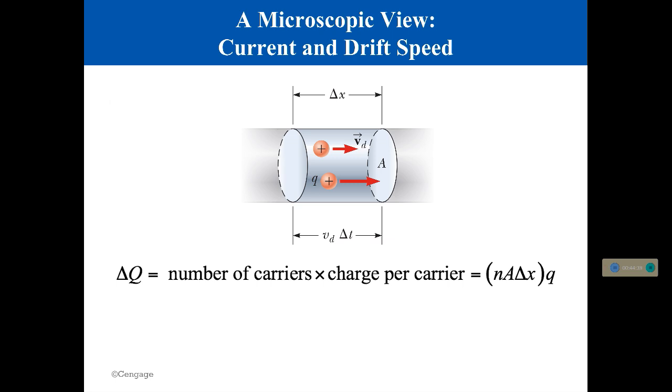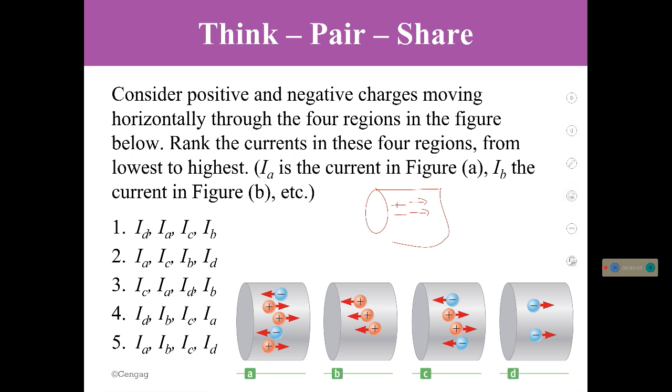So here we have a section of wire, and these charges are going to go by here using drift velocity. So how much distance are they going to cover? Simply the drift velocity times time. If I knew that they went 1 millimeter an hour, and it was 2 hours, obviously they would go 2 millimeters. That's what that equation right there says, although that's not going to be helpful.